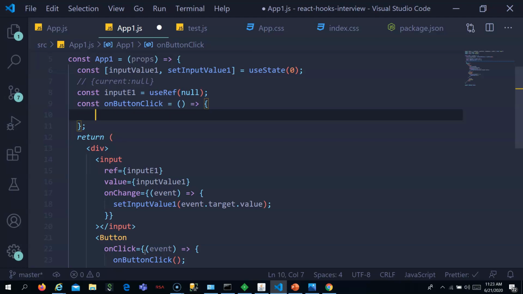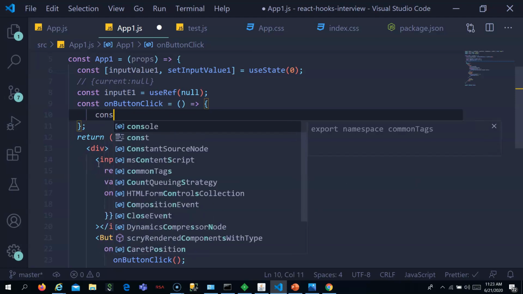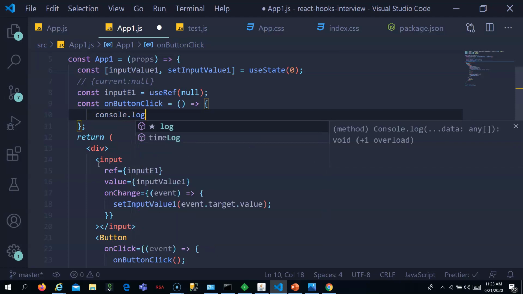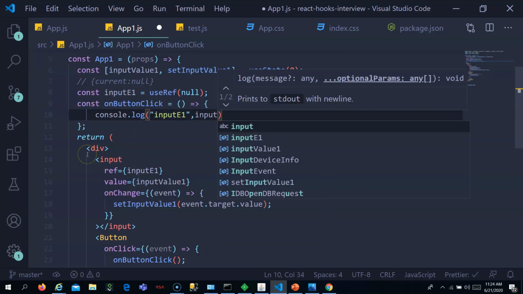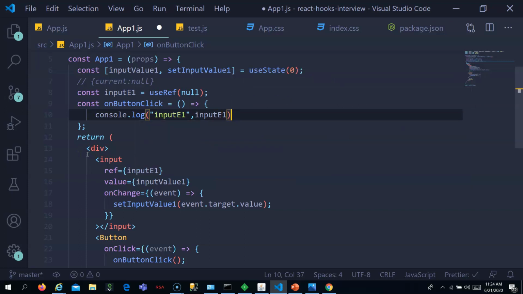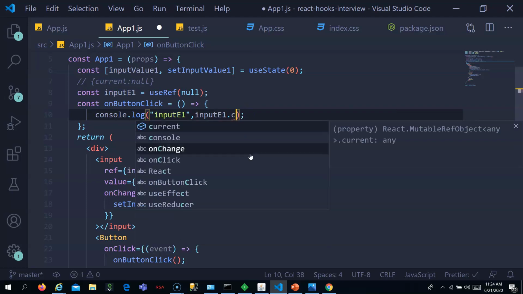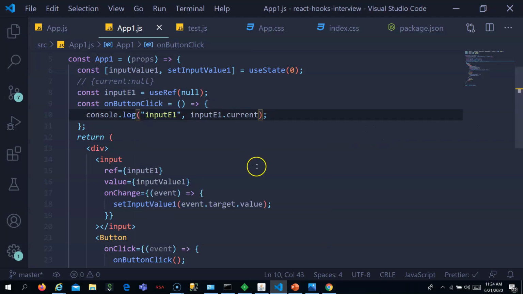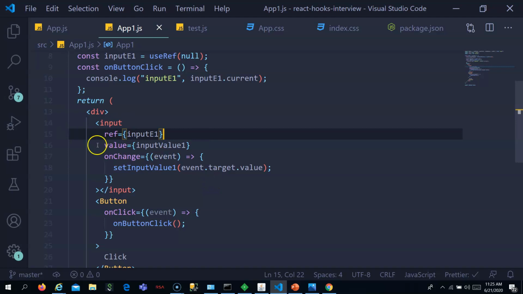As I told you, inputEl.current will change with this DOM element every time it changes. So let's console log inputEl first, and also print inputEl.current itself, so that we can see whether this current gets changed with this DOM node.